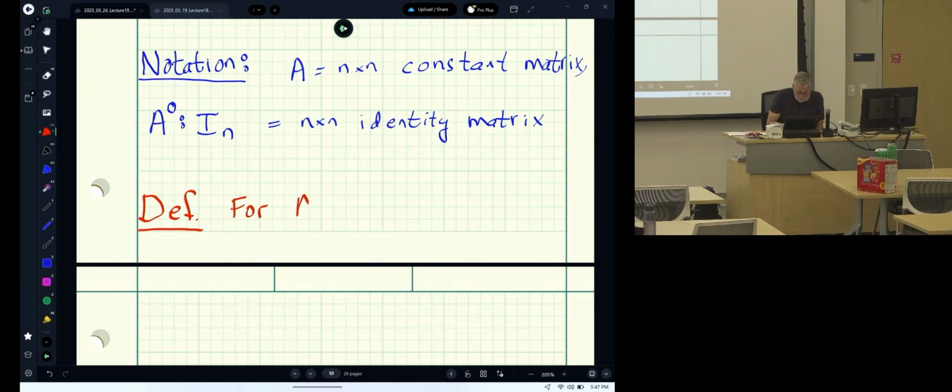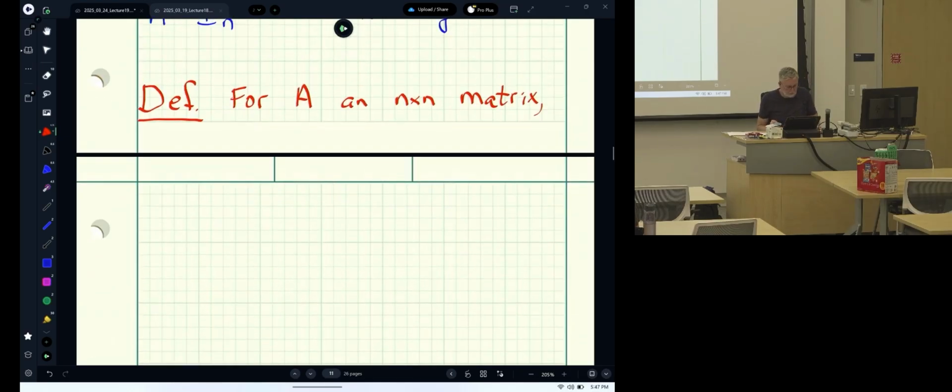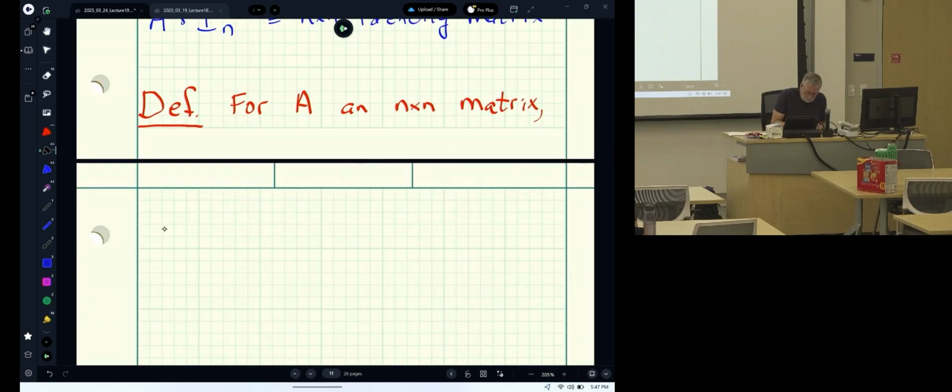So for A, an n by n matrix, I'm just going to go ahead and define e to the At. So it's by definition equal to